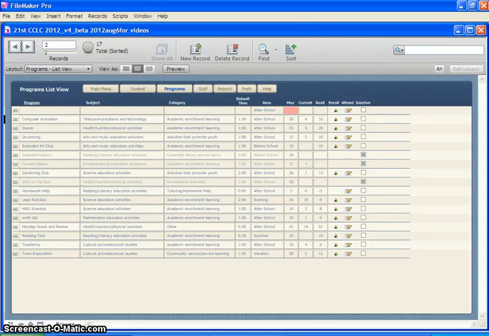Hello again. Here we're up to step 6 now and into programs. In order to enroll students, in order for reports to work, in order for attendance to work, of course, we have to have programs. The program list view you're looking at has some of the major sections, and